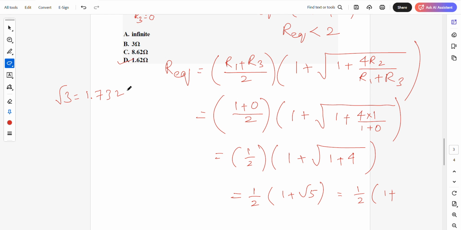Kindly remember, root of 5 is almost 2.23, or 2.24 also you can remember, 2.236. So that is 1 by 2 into